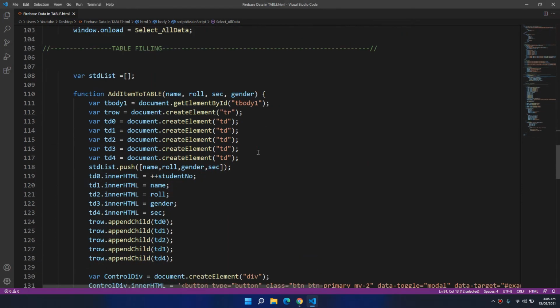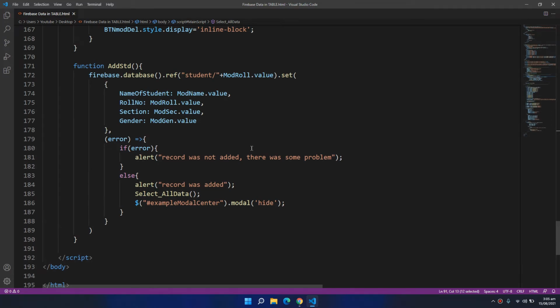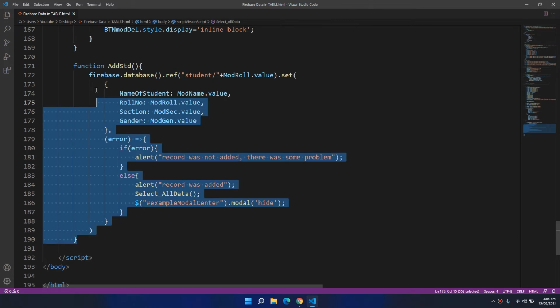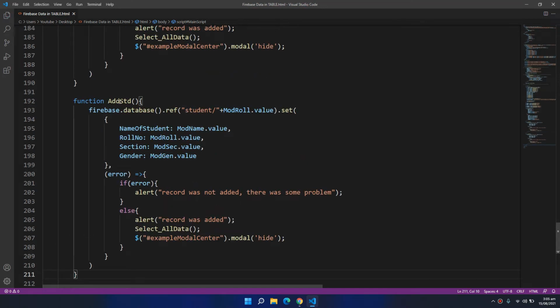Now let's also put the logic of updating and deleting the data. It's not hard, it's really easy now. So I just need to copy and paste this, change it to update. Here I also need to change the update. So the function is updating.